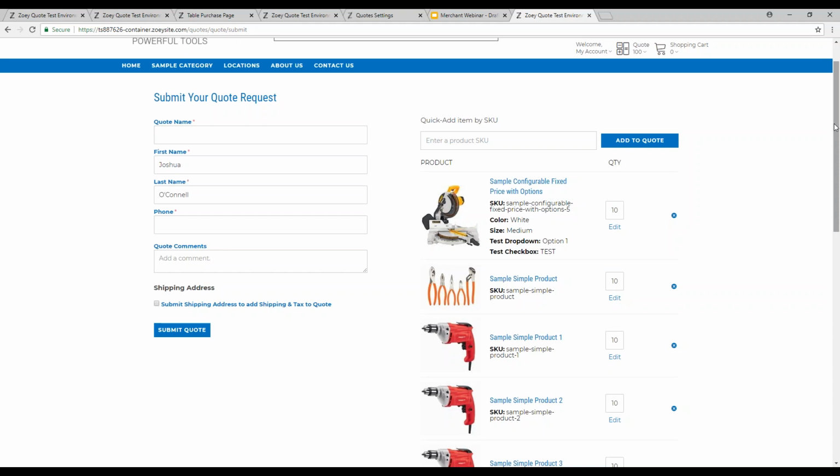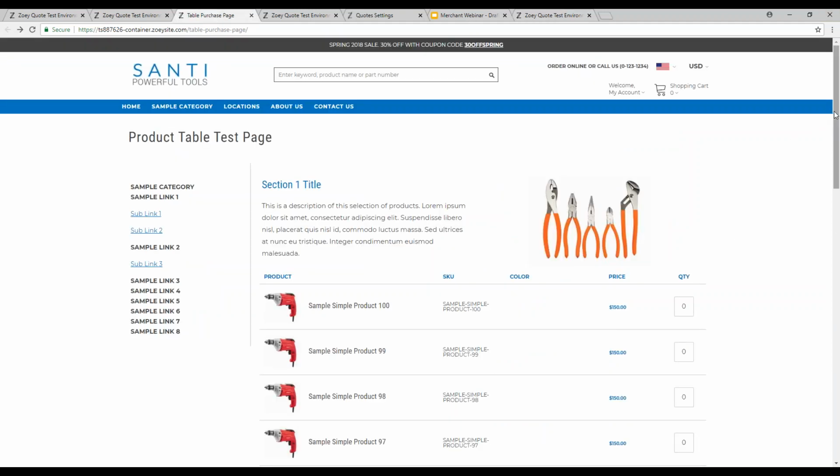So we don't want to presume that you're going to have customers that do it one way or the other. So Quote is designed to be robust and used in a number of different ways. So as you can see, we have obviously different ways that customers can shop. We even have a third way for displaying products that launched recently along with quotes, which is our table review